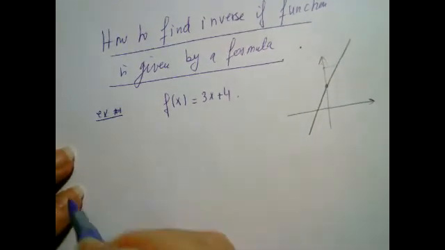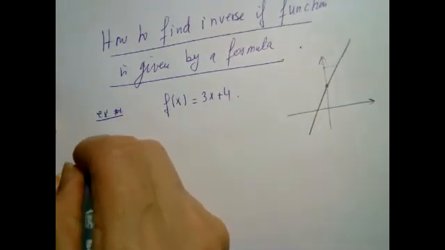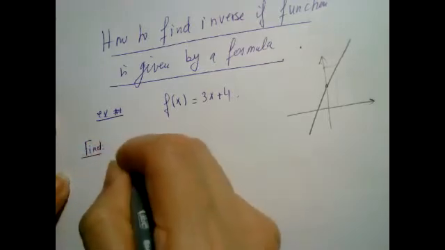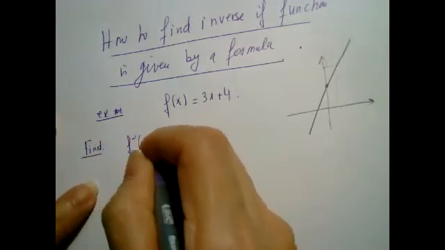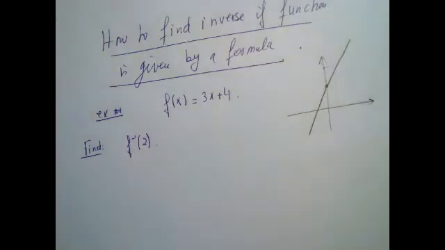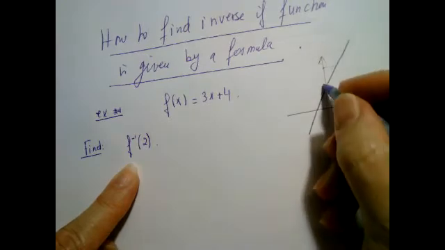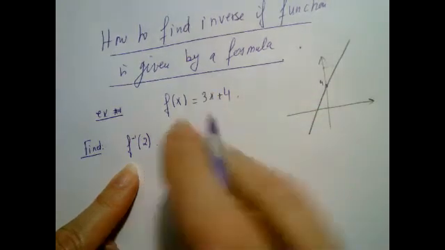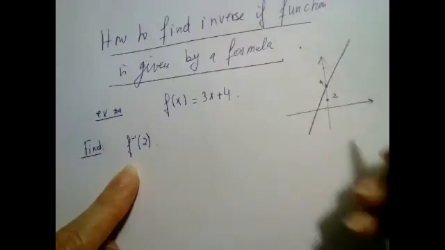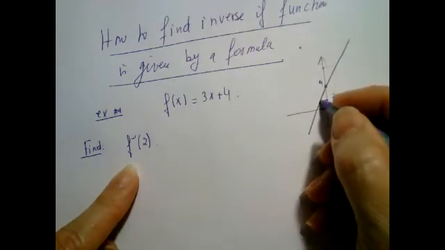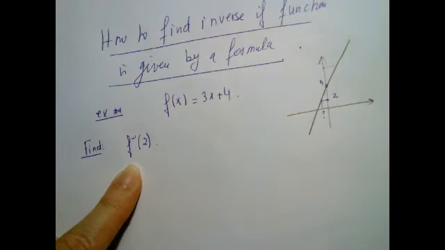So now I'm going to start the following question. Find f inverse of 2. Is that an easy or a hard question? First, what does this mean? Find f inverse of 2. So this is 2, and this is 4 because that's the intercept at x equal to 0. Find f inverse of 2. It means basically I need to find the x that I want, such that